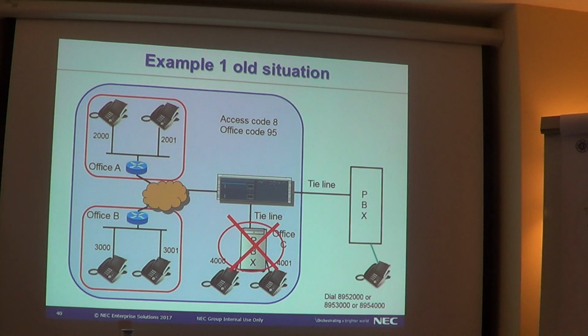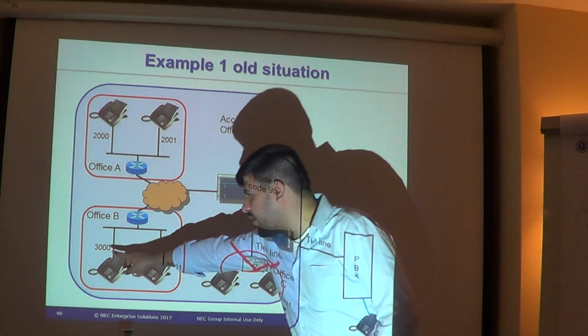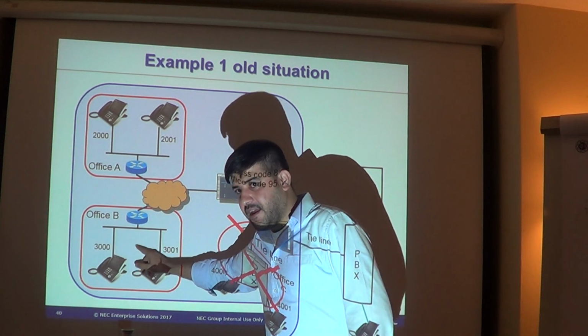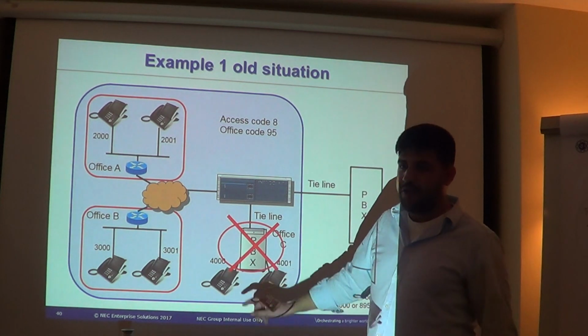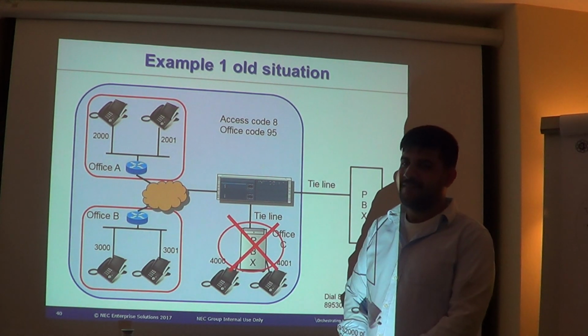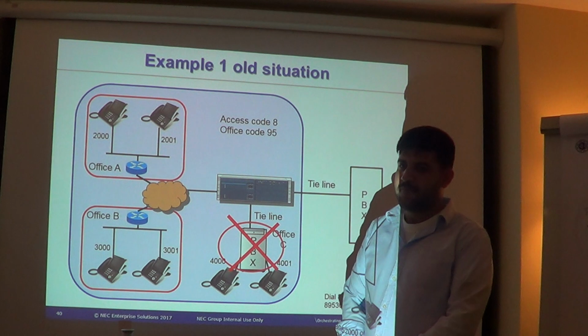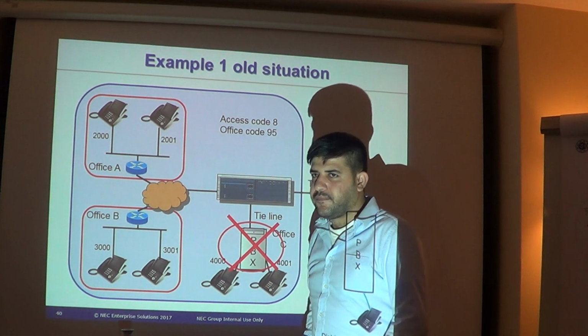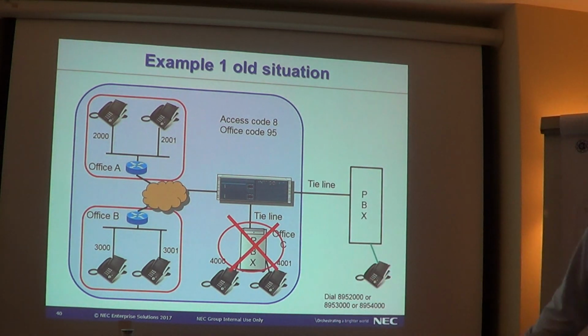But with this scenario, the stations are different. Number 2003, 4000. I think in the normal situation, we can dial each other, no problem. But with the old PBX, from extension 3000, you would dial 895, then 4000. And you remove the PBX. How do you do it? In the normal situation, there is no problem, we can dial each other. But if 3000 wants to go to 895, then we will go to the